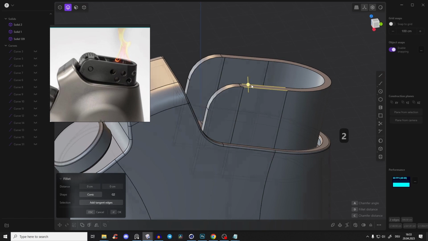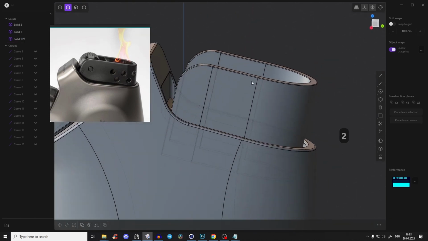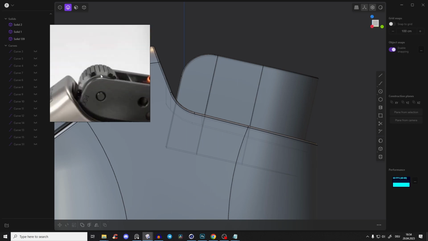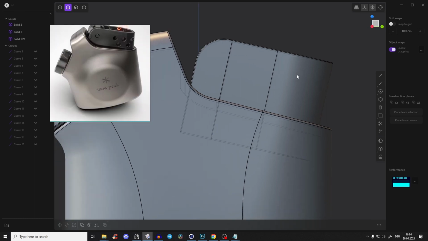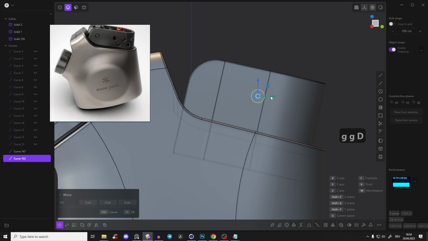So let's give those edges here on the top a nice little fillet. And let's create those holes fast, then this thing here, and we will also cut this texture here, and then we will create this button here. So we will just create one circle, and just GG, bring it into position, Shift D to duplicate